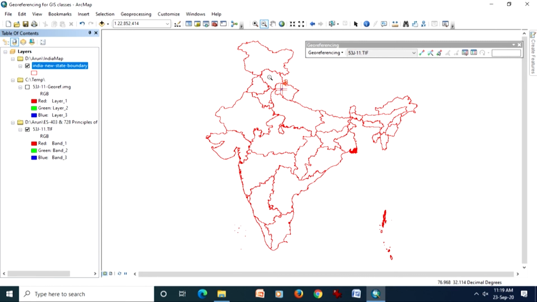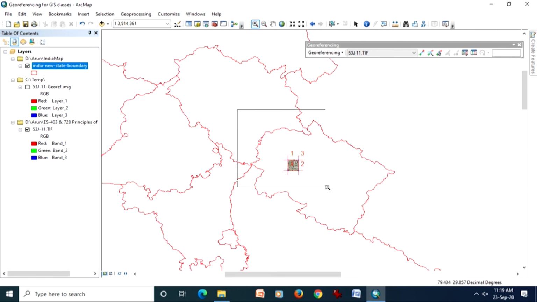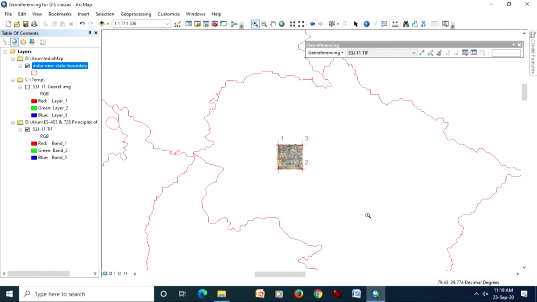See, now this topo sheet belongs to this part of Uttarakhand, because now it is georeferenced and has gone to the place where it belongs in the geographic coordinate system. Earlier, the map of India with state boundary and my input image were not coming together, because one was in the geometric domain and another in the geographic domain. Now both are coming together.